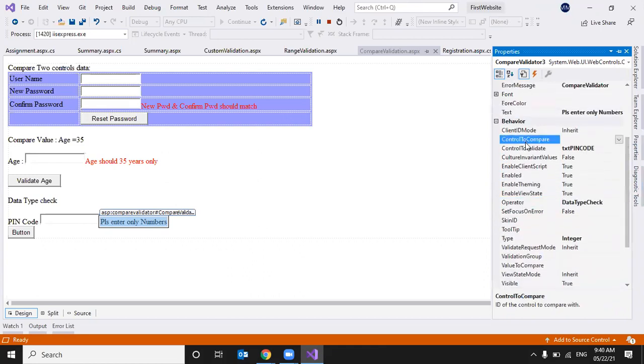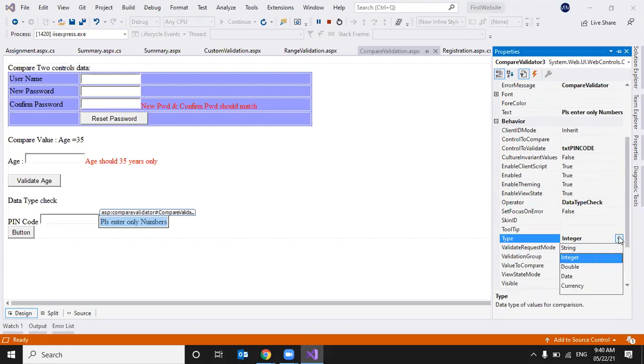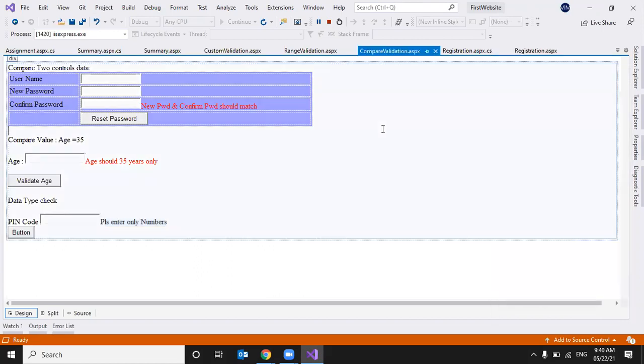Control to compare, control to validate, operator, whether we are checking equal, not equal, greater than, less than equal, and a data type check, the type of the data we want to validate. If you want to compare it with a fixed value, we can set a value to compare property. Okay, this is about compare validator.